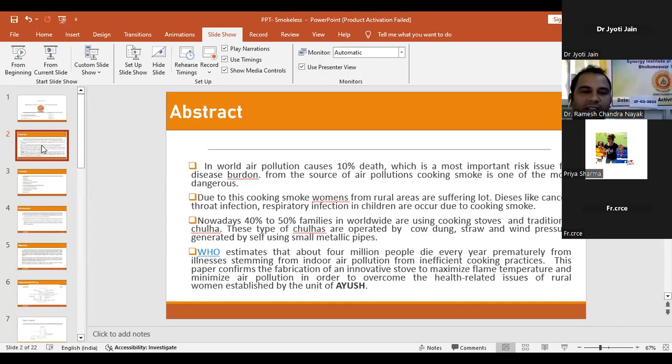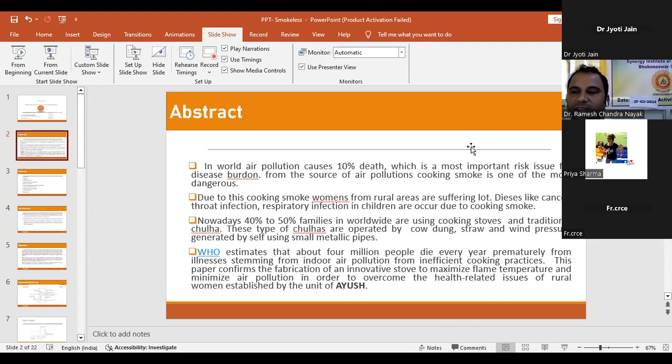In our work, two types of fuel have been used, primary and secondary fuel. The primary fuel is wood or straw, and the secondary fuel is superheated steam. In generating steam from water, the water is initially converted to saturated water, then wet steam, saturated steam, and then superheated steam. Whatever energy is given to water for conversion to superheated steam, all of that energy in the superheated steam condition can be utilized for burning purposes.